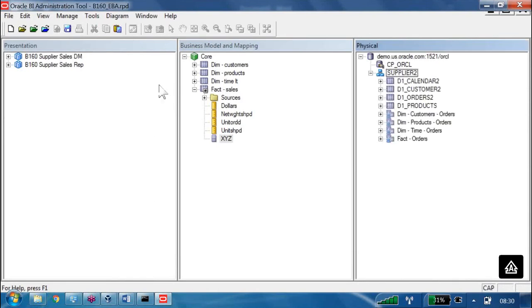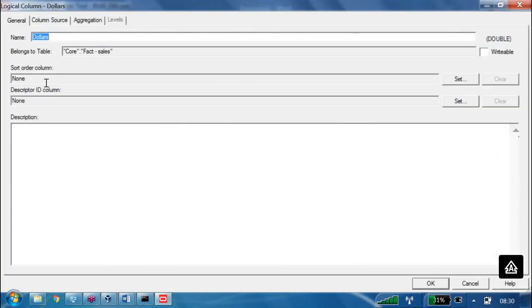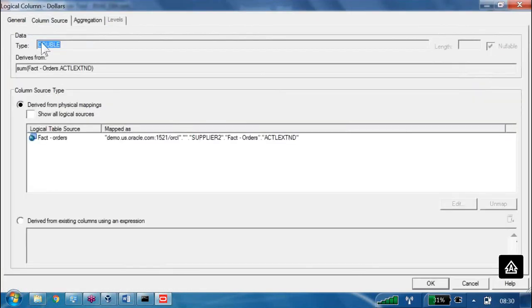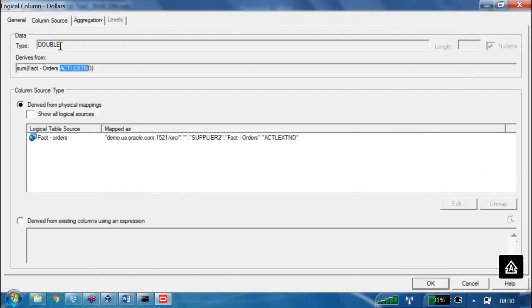No. Whereas if you take this Dollars, Dollars is mapped with the ACTL EXTND column. If you go and look internally at this Dollars, it says where it is coming from: Fact Orders, and the column ACTL EXTND.